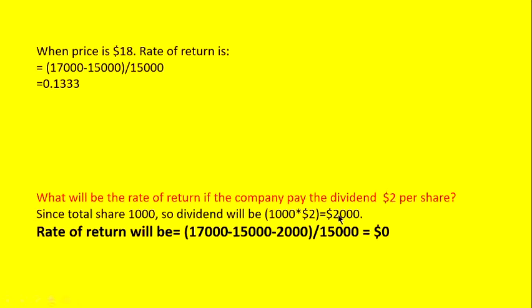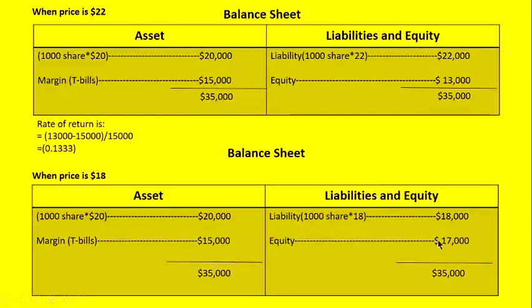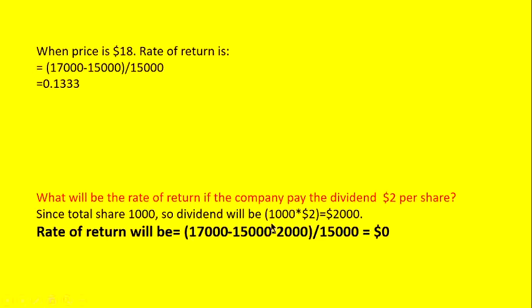So the dividend will be $2,000. The rate of return will be $17,000 equity, your profit, minus your initial investment of $15,000, minus the dividend. Why do I deduct $2,000? Because